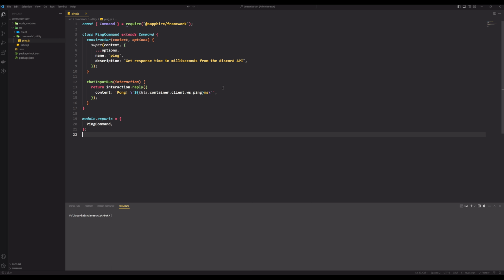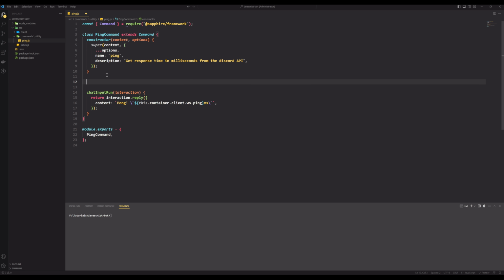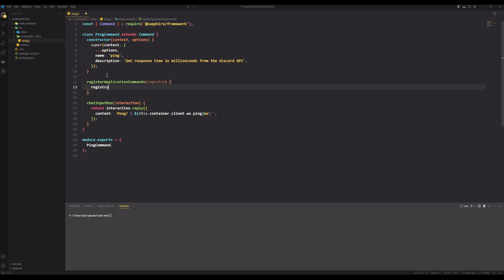And that should work. Wait. No, that shouldn't work. I forgot the application command registry. So we haven't actually registered the command yet. So what we're going to do there is register application commands, which takes register. Then we do registry, register chat input command,